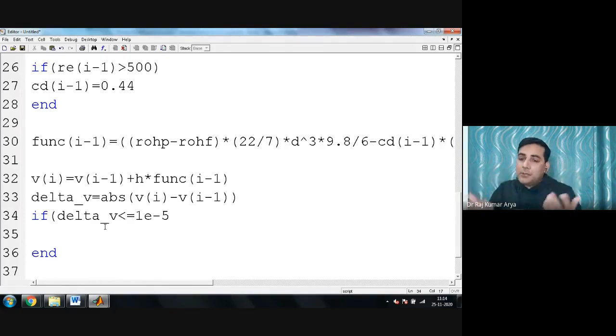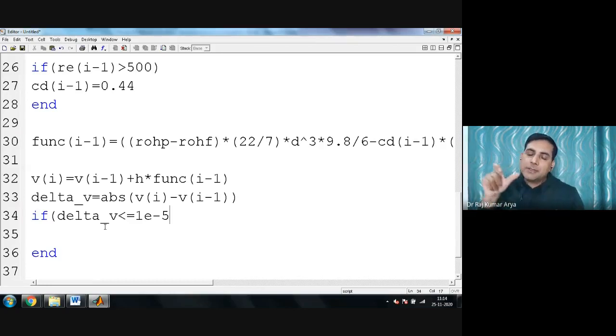Initially, in the beginning, don't start with a very low tolerance, because it's unnecessary. The first part is just to check whether my program is working or not. So I will give a larger tolerance value in the beginning. Now, when it has worked well, then I will say, okay, now I can refine it.